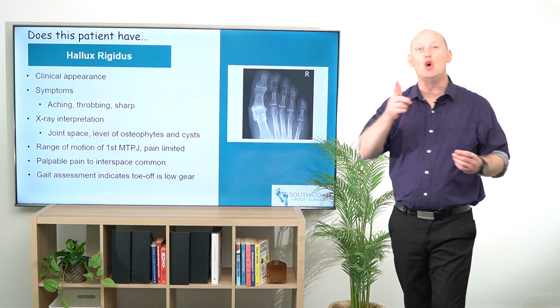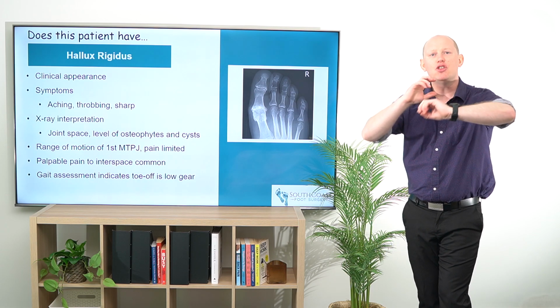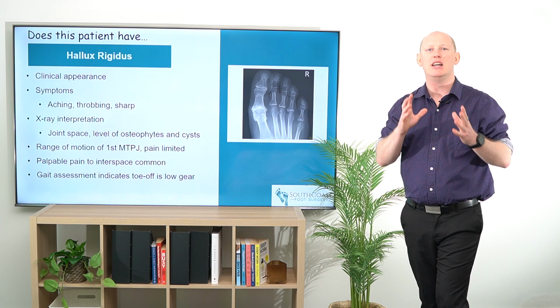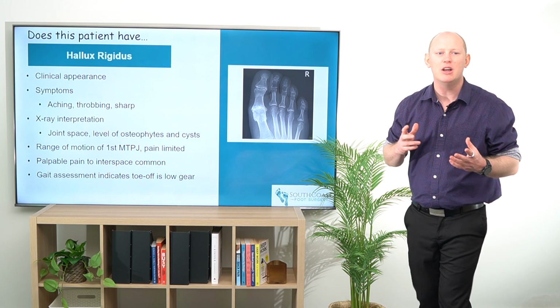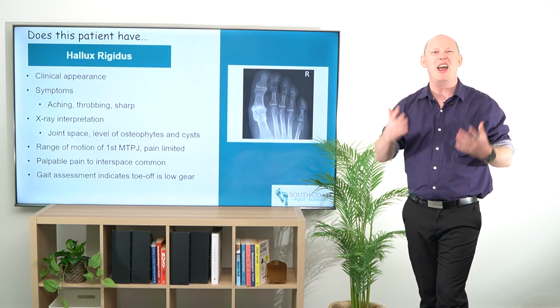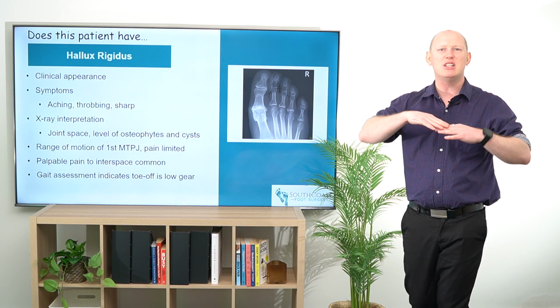Hey everybody, talking a little bit more about does this patient have Hallux rigidus? Not so common when you first look at it. However, you may find initially that there's a little bit of extra bulging or the big toe joint's a little bit swollen. When you start to have a bit of a chat with the patient, they're going to say that there's some aching, there's some throbbing, there might be some sharp shooting pain as that patient tends to toe off